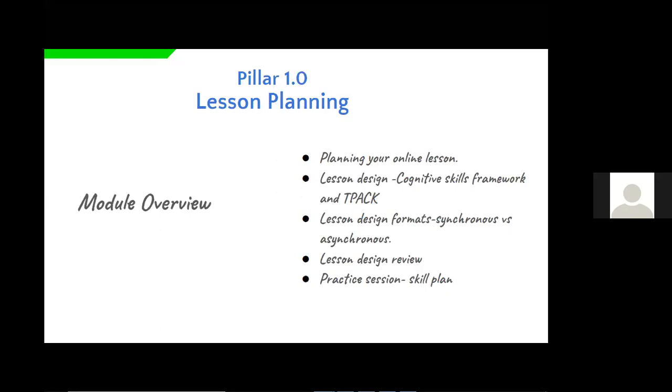We also looked at the lesson design formats, that is synchronous versus asynchronous lesson models. Then we had a practice session where you were supposed to do a skill plan on the platform. That was your takeaway assignment, which I'm happy the majority of you managed to attempt, and you did well.